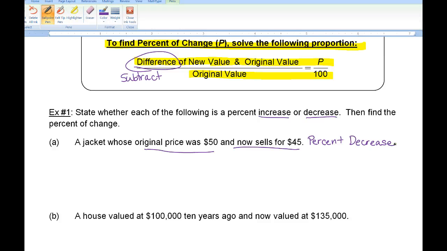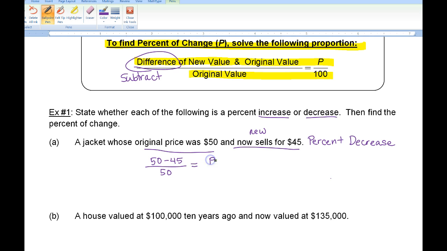Okay, let's go through the formula, all right? Because the last class we talked about ratios and proportions. We're solving using ratios and proportions here. Difference of the new value and the original. Okay, so the original was 50, and the new value, right here, is 45. So I want to take 50 minus 45 over, okay, so the proportion, we're going to put that over the original value. The original was $50